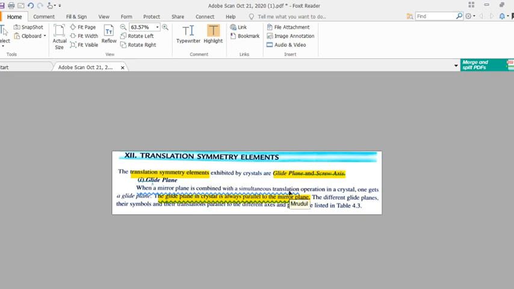So now remember, reflection plane is a point group symmetry, and translation is something else that you are adding to this one. So point group symmetry is now combining with a translation symmetry, and that gives us the space group